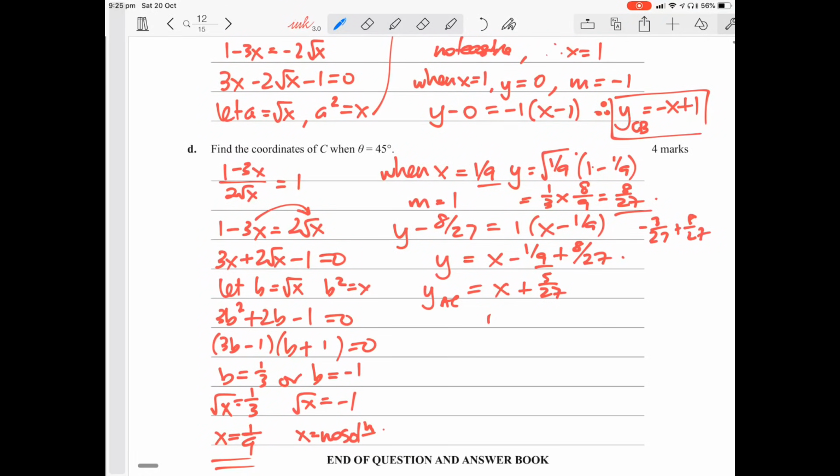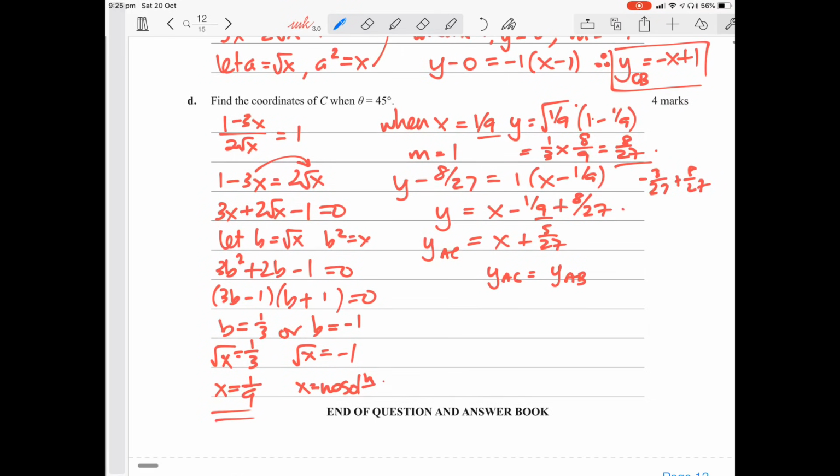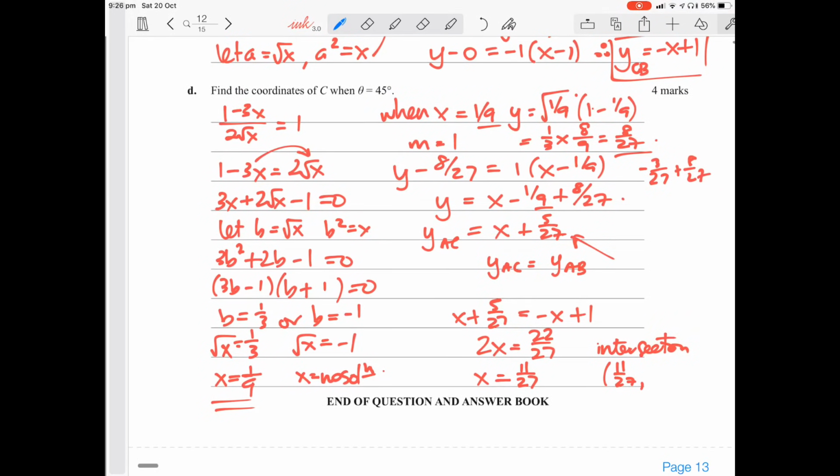So if we want to see when they're equal, we say y of AC equals y of AB, and then we get x plus 5 on 27 equals negative x plus 1. 2x equals 1 minus 5 on 27, which is 22 on 27. So x equals 11 on 27. And we know that y is x plus 5 on 27. So the intersection is 11 on 27, and then 11 on 27 plus 5 on 27, which is 16 on 27,